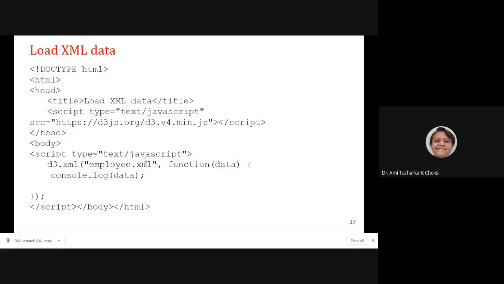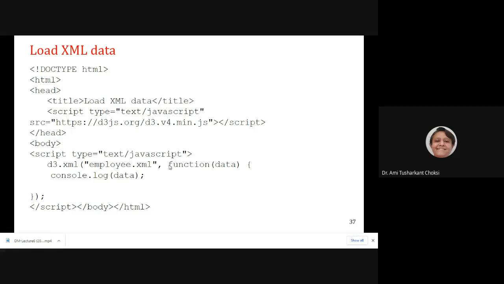we are loading the XML file using d3.xml, and our file name was employee.xml. See, we do not have to provide any path here for loading employee.xml, because this file we have put in the same directory where this HTML file is. Otherwise, we have to provide the file path also, isn't it?